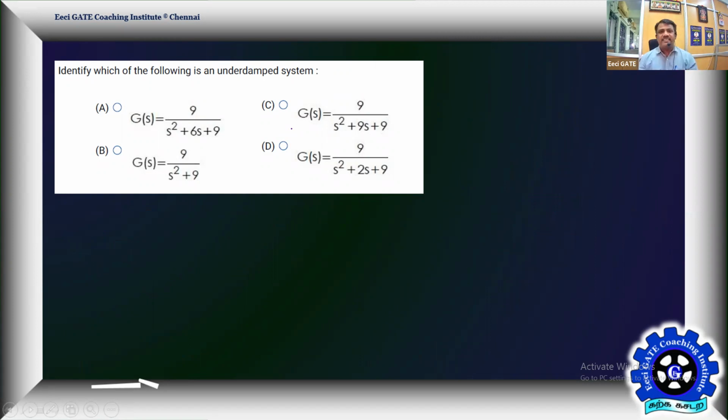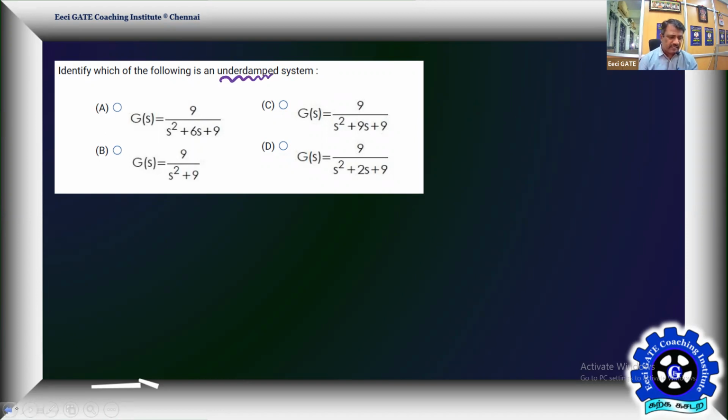Relatively, we felt 1 mark problems are a different level compared to these 2 marks problems. Still, we had some good challenging problems in 2 marks in the easy paper, but some problems are very easy, not even taking the time of a 1 mark problem. Yes, the problem is very simple: identify the damping of the given system.